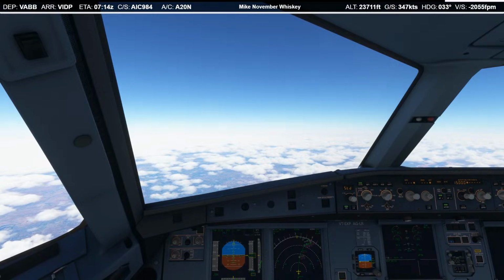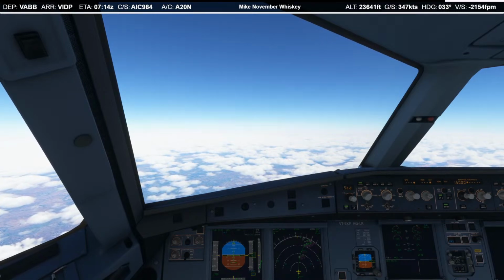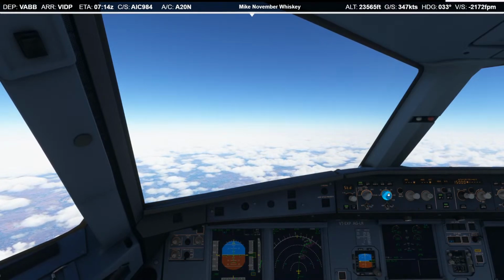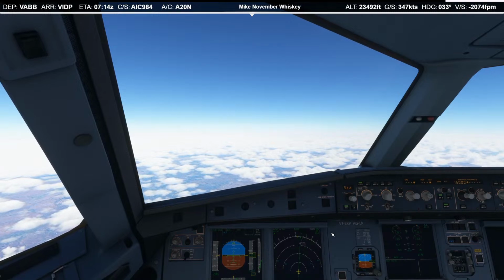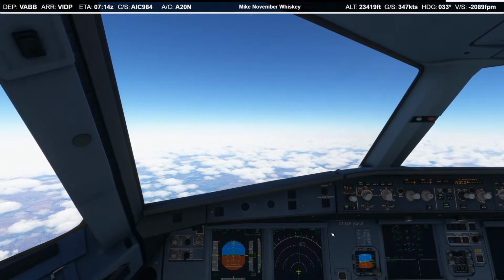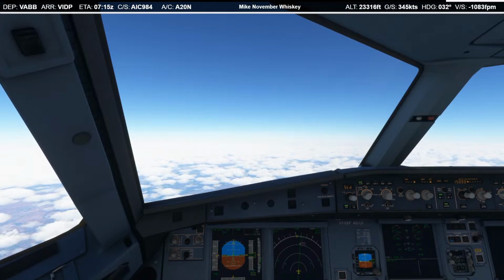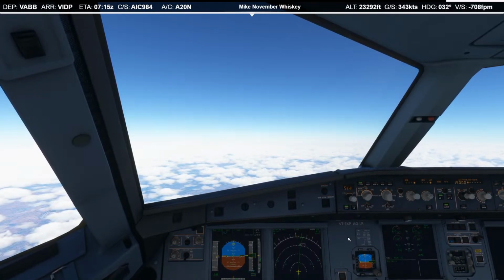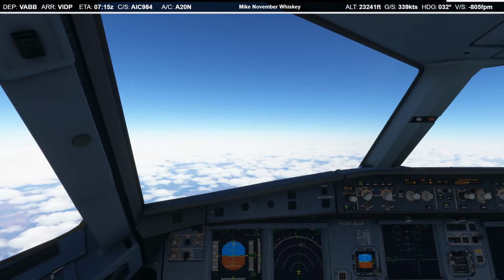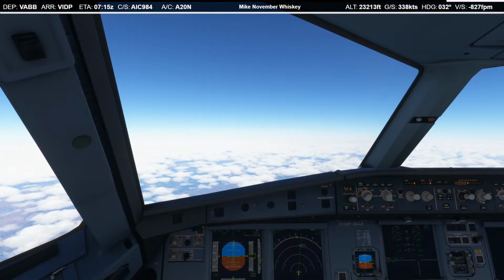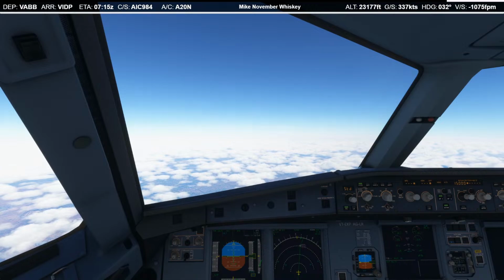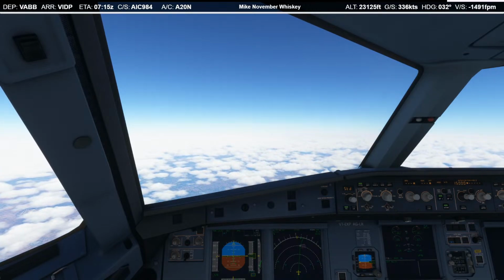Those clouds are getting closer. The weather does seem to be very choppy on the way down.